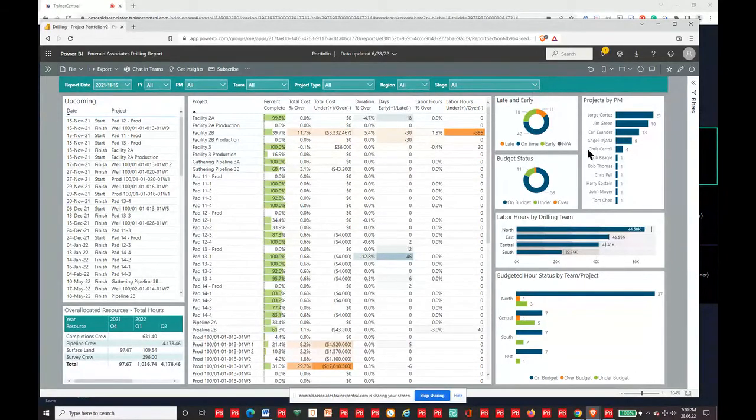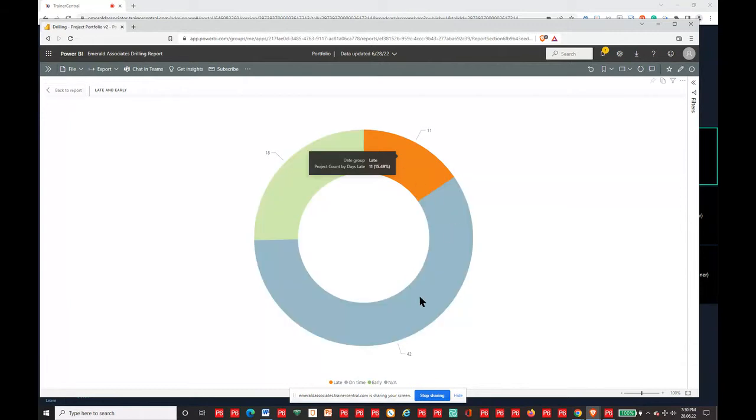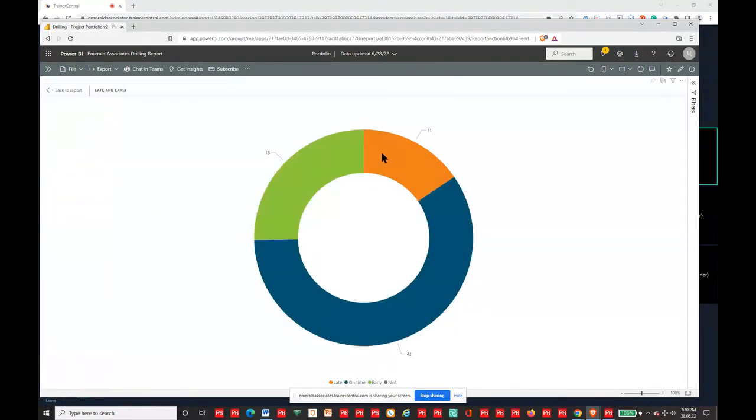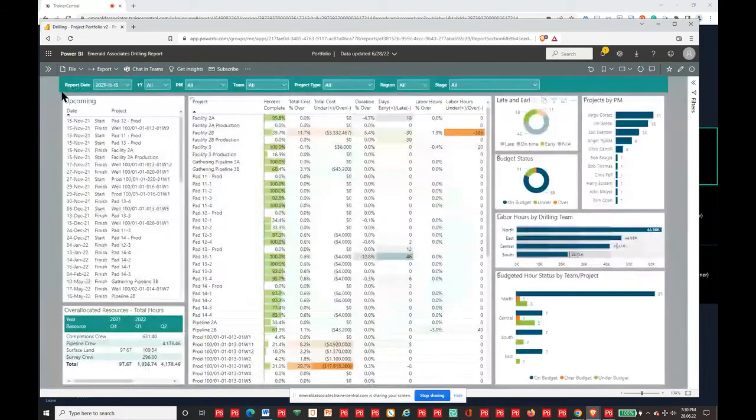Now, I've got late and early in the portfolio. So again, if you find that those are a little bit small, you can go in and open this in focus mode. Now that one gets a little bit big, but if you find it too small, you can definitely have a look at this one and click on different pieces. It's going to give you the pop-up window to show you what you're actually looking at. So if I go back to the report,